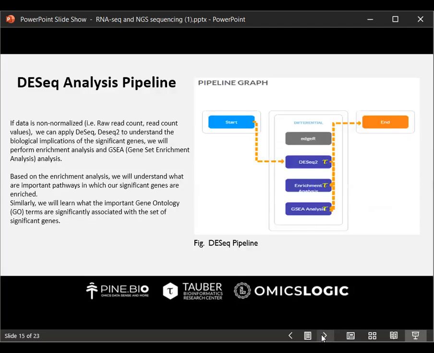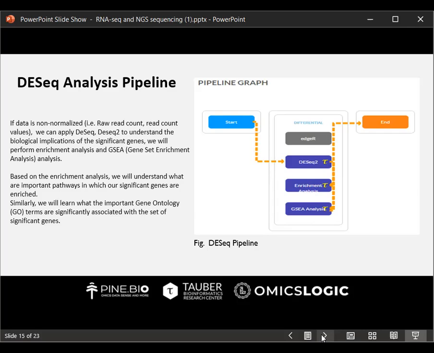All right. So after that exploratory analysis, we performed the DESeq analysis. Now, DESeq analysis was also performed on the T-Bioinfo platform. Majorly, the DESeq analysis is performed when the data is non-normalized. That means that when you have the read count values, then only can we perform the DESeq analysis. So depending upon the data type, you can choose the method. There are the EdgeR method, there's DESeq2, there's DESeq analysis that are present on the T-Bioinfo platform. Mainly, we perform the DESeq analysis to get the volcano plot, to get the enrichment and GSEA plots from the